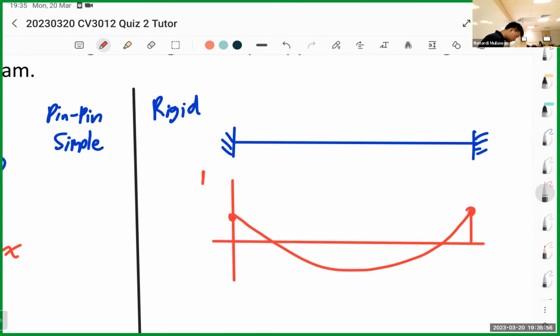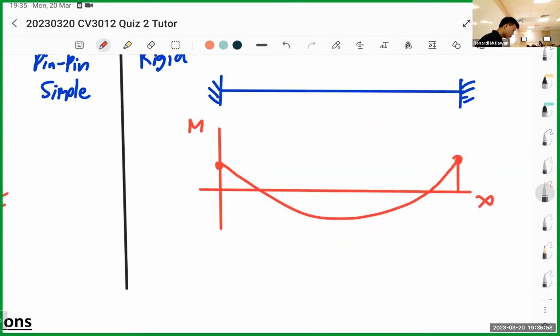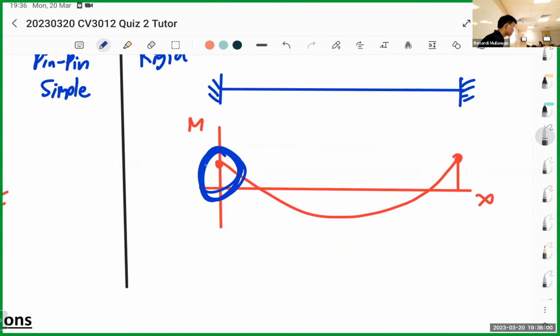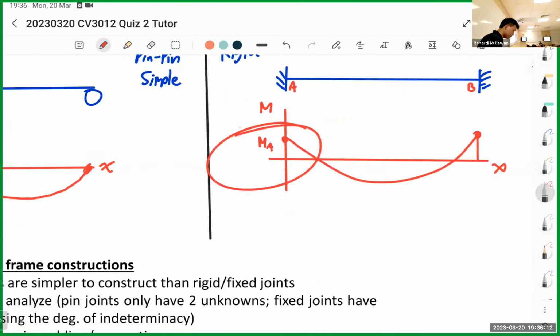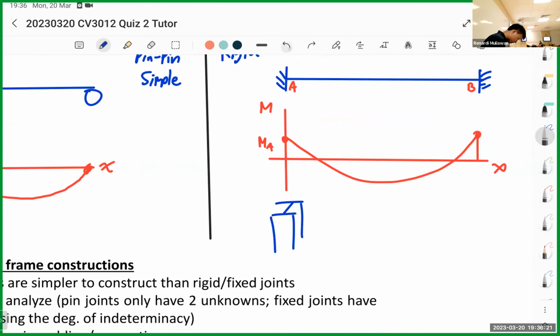So this is M, this is X. If you notice, at the support, the bending moment is not 0. We call this, let's say, MA. This is A, this is B. Your column will be supporting MA. So if you have a column here, there will be a moment of MA